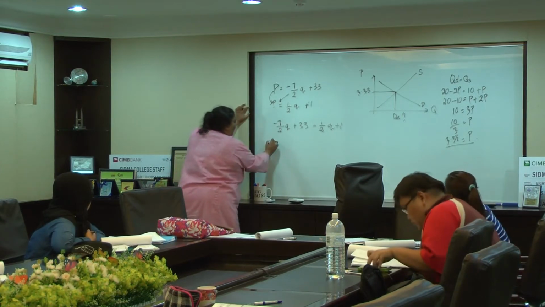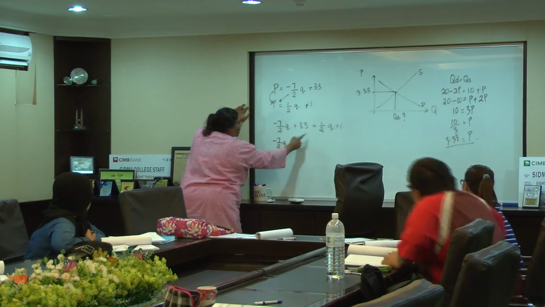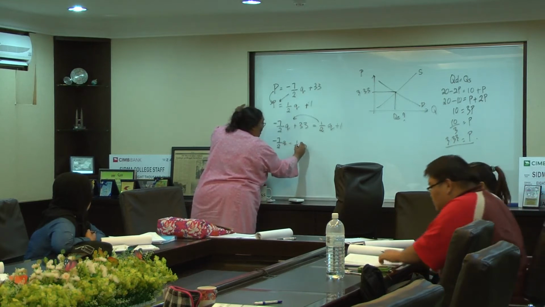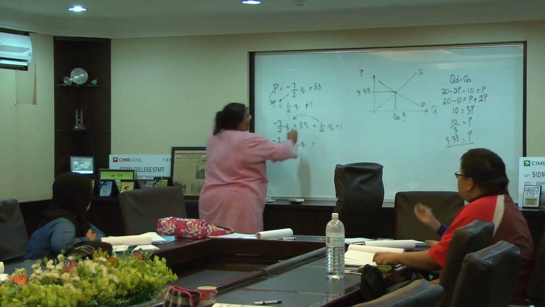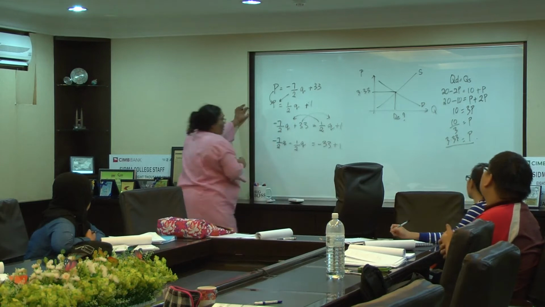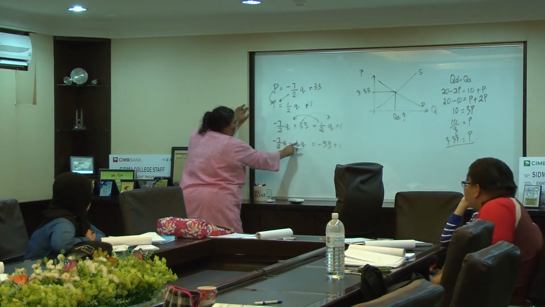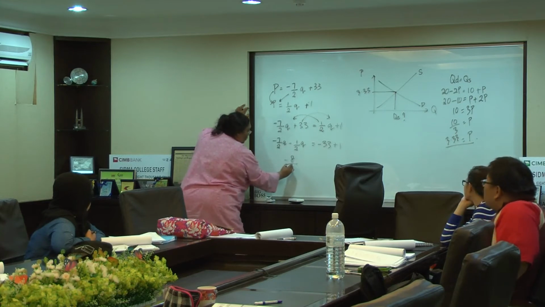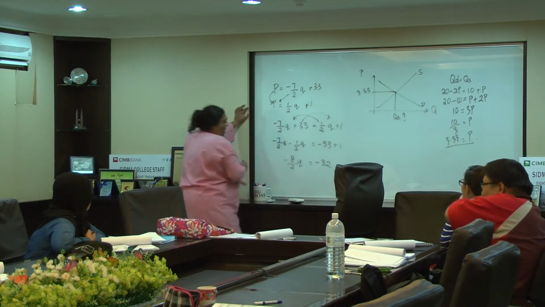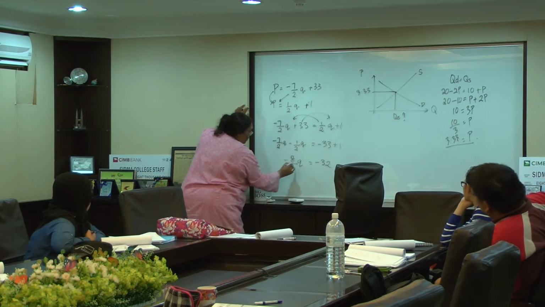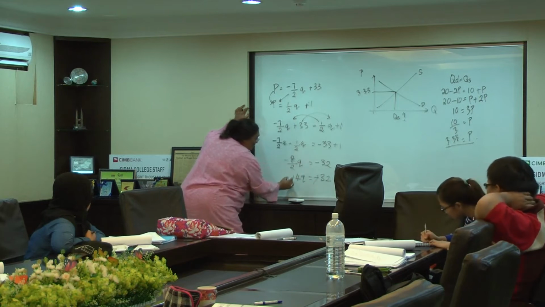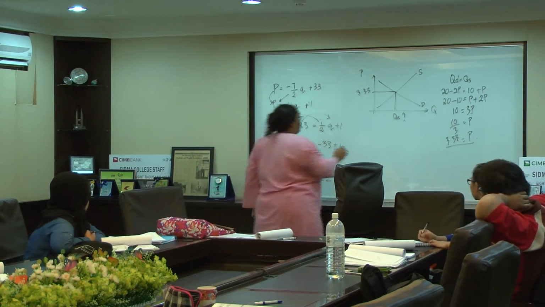Now you bring all the Q together. Negative 7 over 2 Q. Here it is positive, right? Move here it becomes negative 1 over 2 Q equals, here it is positive, move here it becomes negative plus 1. So negative 7, negative 1, you get negative 8 over 2 Q equals what? Negative 32. Okay, now you can cancel this. What you get? Negative 4Q equals negative 32. Negative can also cancel.